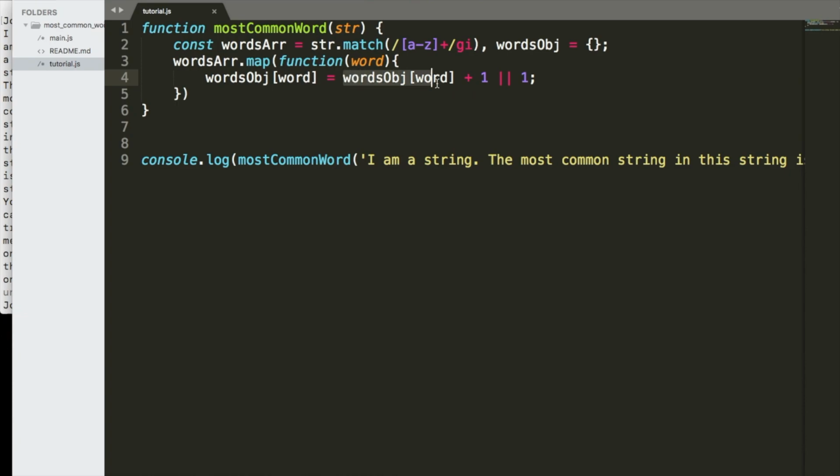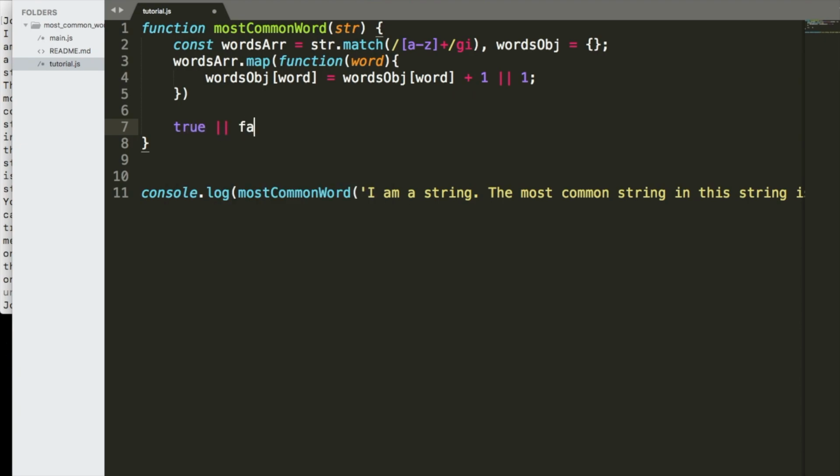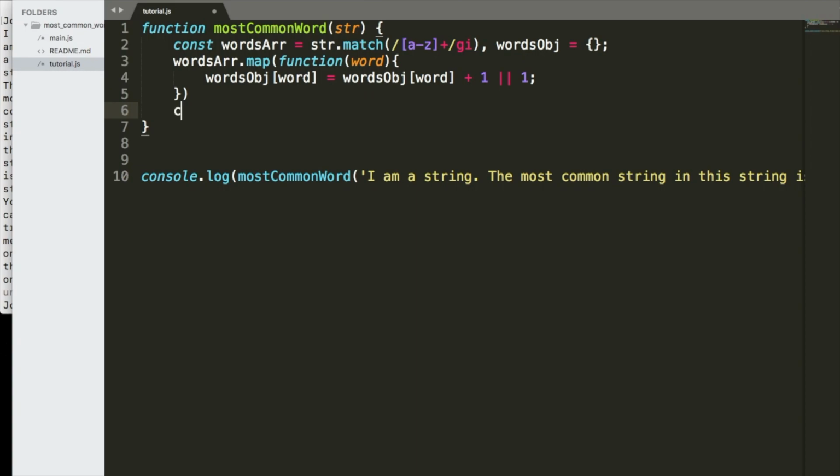All right, this is the OR syntax, and I know you're used to seeing something like this, true or false. This is a little bit different. What this does is, if this evaluates to a falsy value, it will automatically set the value equal to the other side. So if words object word is equal to something like 1, it will increment it by 1, otherwise it'll set it equal to 1. So let's go through and console.log